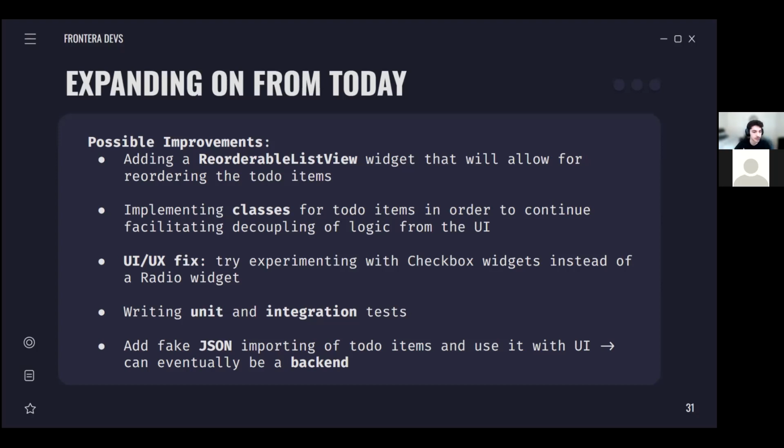Another thing you can do is a UI/UX fix. I kind of mentioned this. You can try experimenting with checkbox widgets, instead of a radio widget. This will just be literally a checkbox, and when you click it, it'll show a filled checkbox. If not, it'll just be an outline of a checkbox. This might be a better UI or UX user experience because